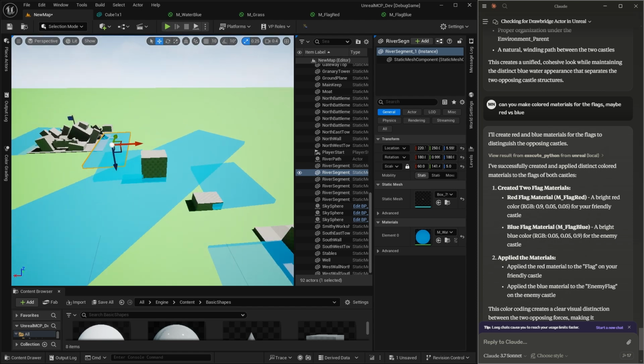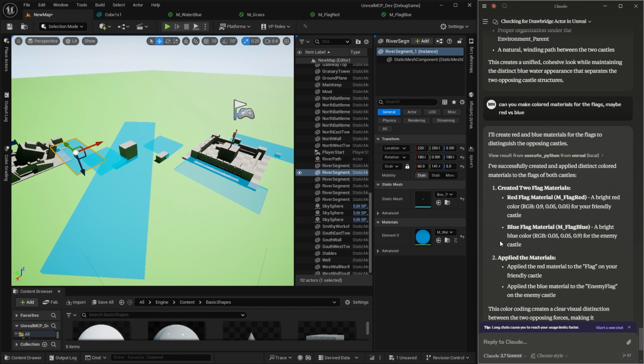They'll find my castles. You know what? Why am I even talking? Make a third castle. How about a purple flag? Flag people, be creative.